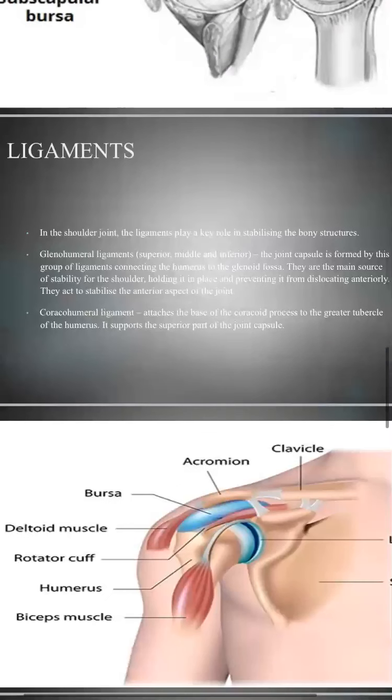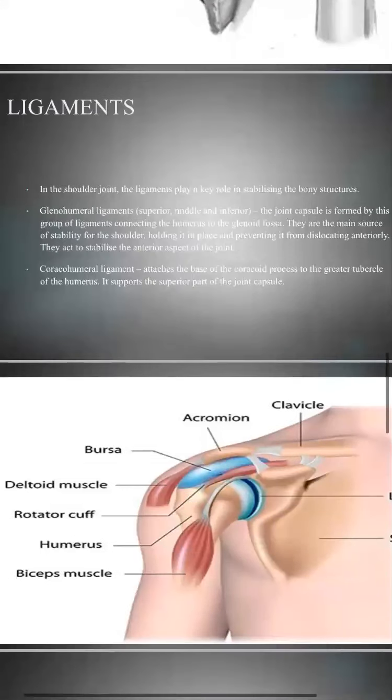The next thing is ligaments. Ligaments are thread-like structures that are helpful in providing stability to the joints. We all know that ligaments tie one bone to another bone. They are very hard structures, so that they will be helpful in the mobility. So there are some ligaments.